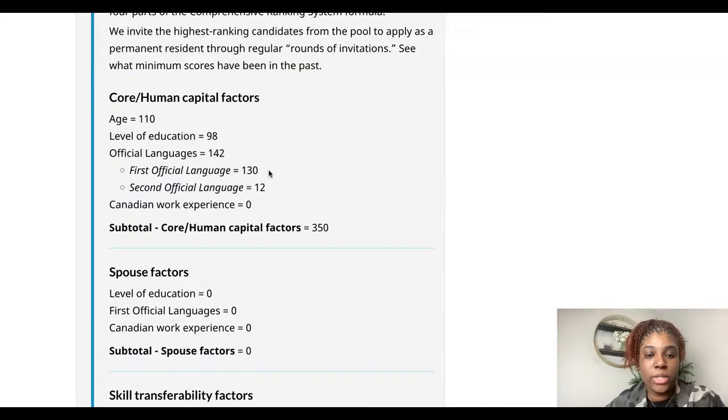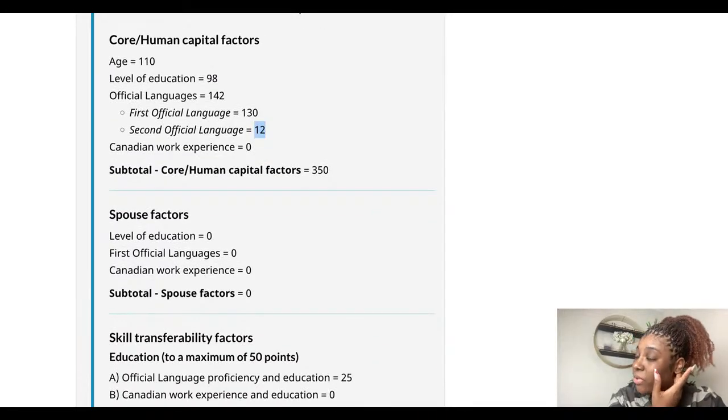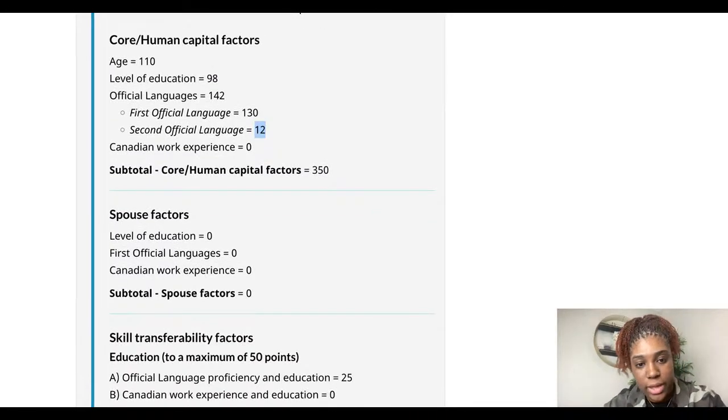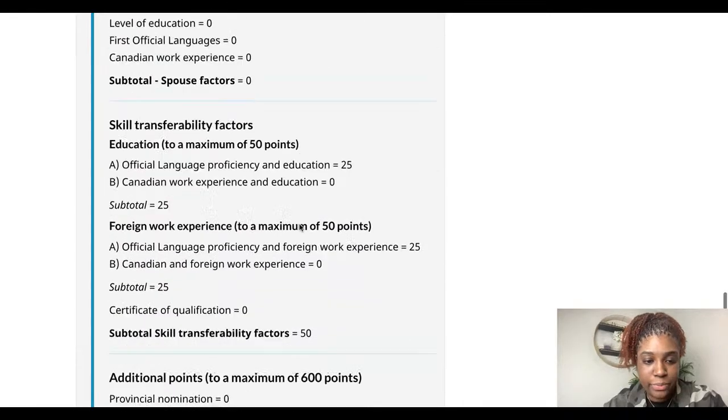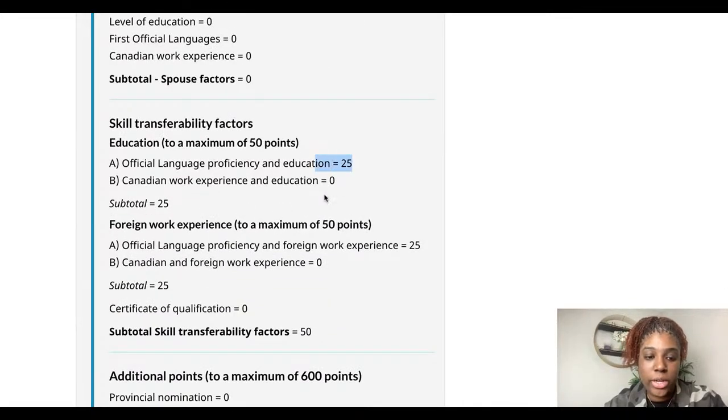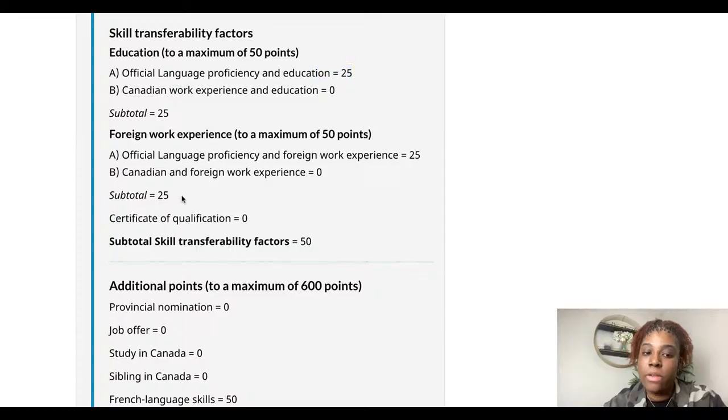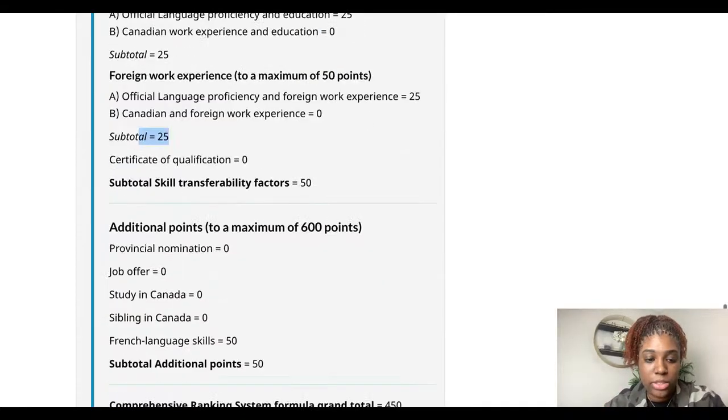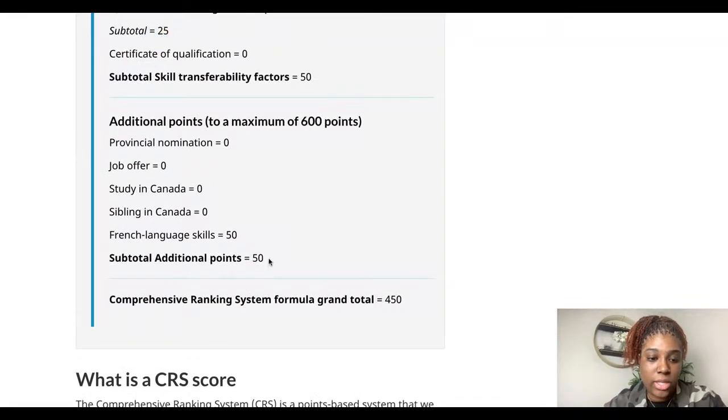And then for the language, Lowens was given 130. For the French, he was given 12, but that's more so because I was on the conservative side with the numbers. So that can be higher or lower depending on how well he does in the exam. For education, for his 2 years, he was given 25. For his work experience, as I mentioned, he doesn't have any, but he's given an additional 50 points for his language. And look at his score. So his score now would be